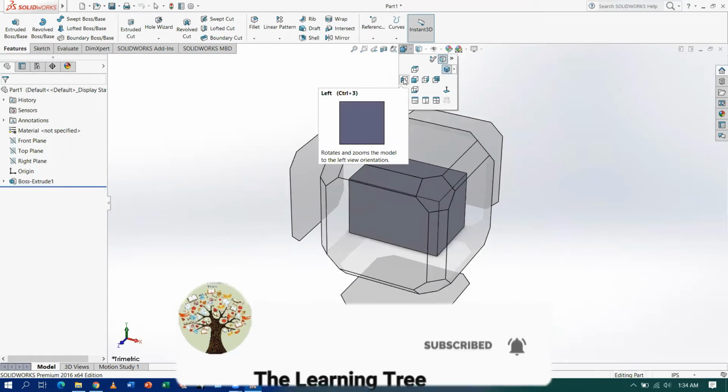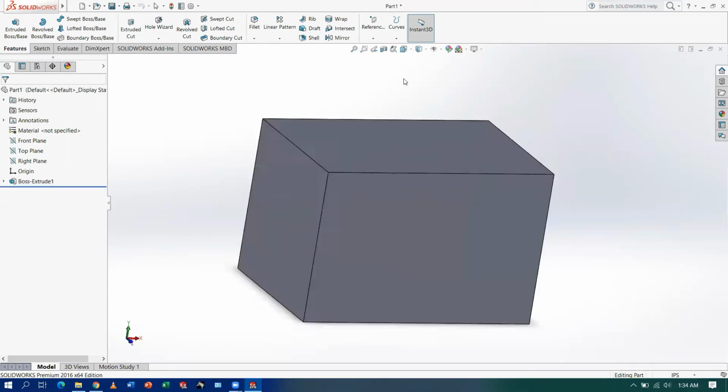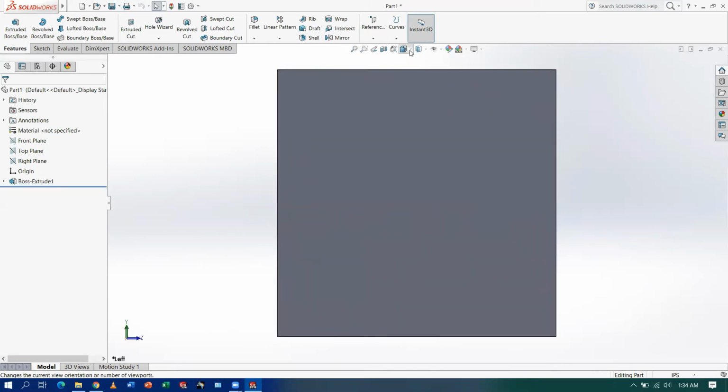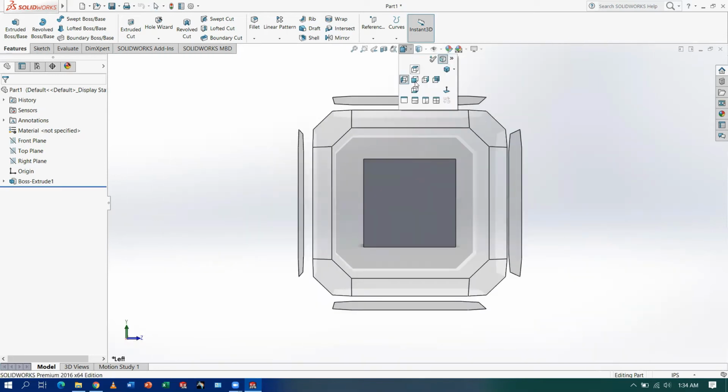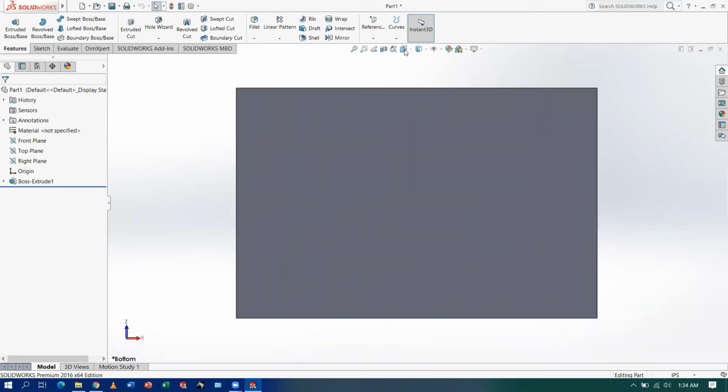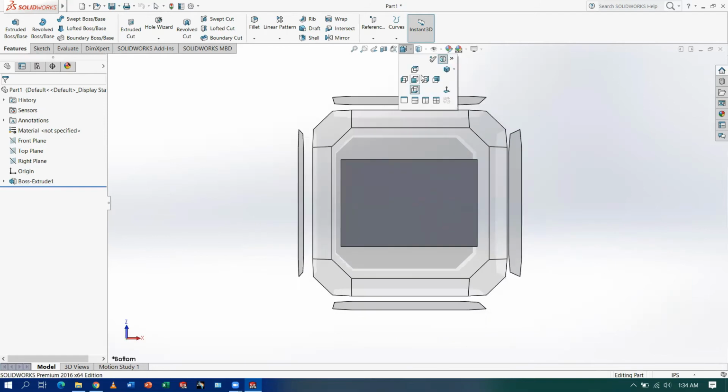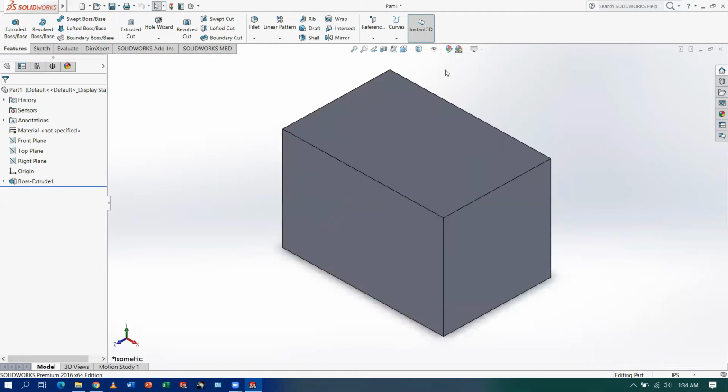If you want to see the left plane, you can view the left side of the part. If you want to see the bottom, this is the bottom side. There's a top view, that is the right plane, there's a left view, and this is an isometric view. You can also select the isometric view.